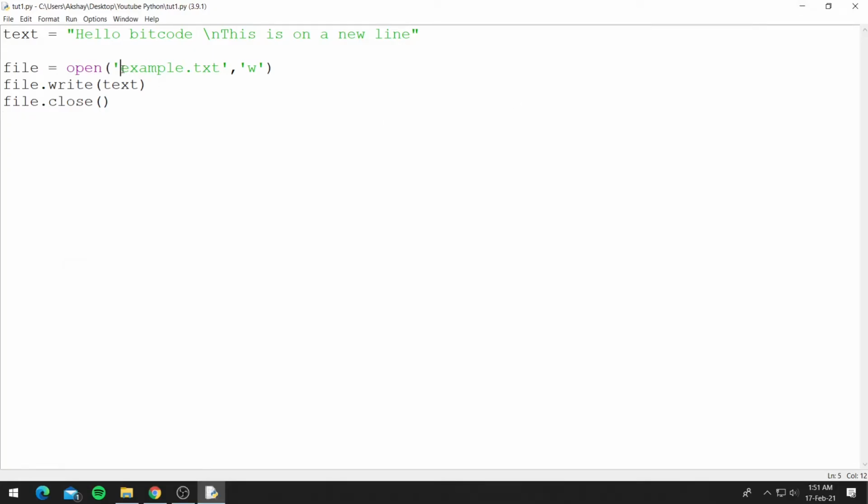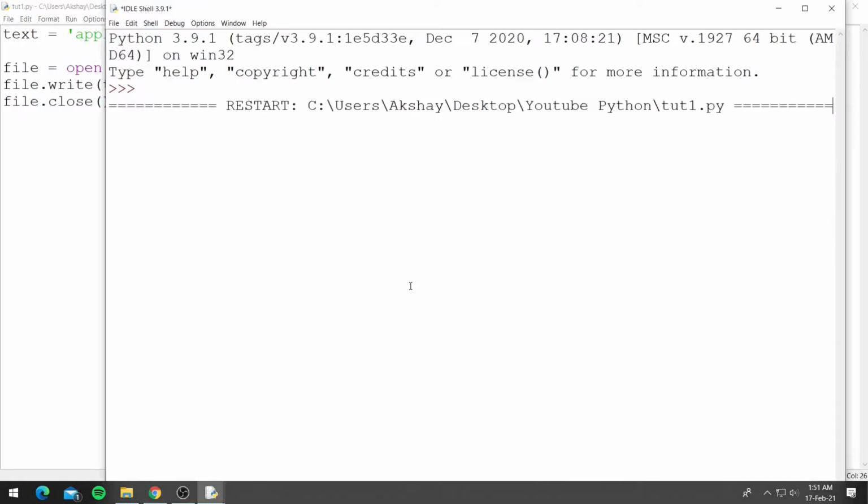Now if example.txt was not present, open will create a new file with example.txt, so you don't have to worry about that. Now let's say I change hello bitcode to apples and iPhones. So apples and iPhones, and let's run this, and it runs without any error.